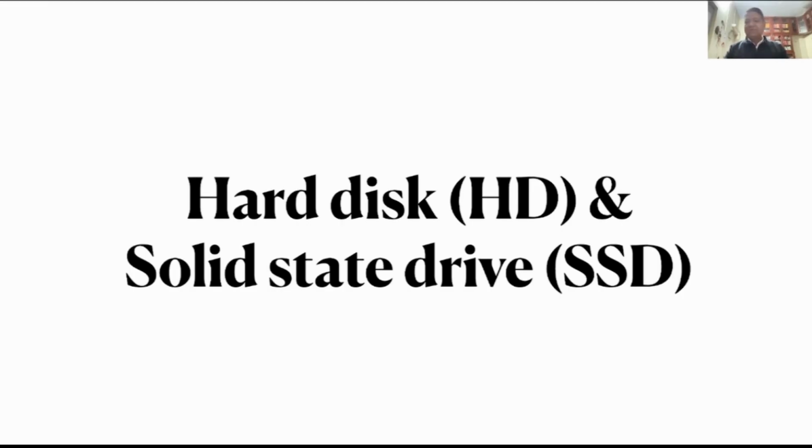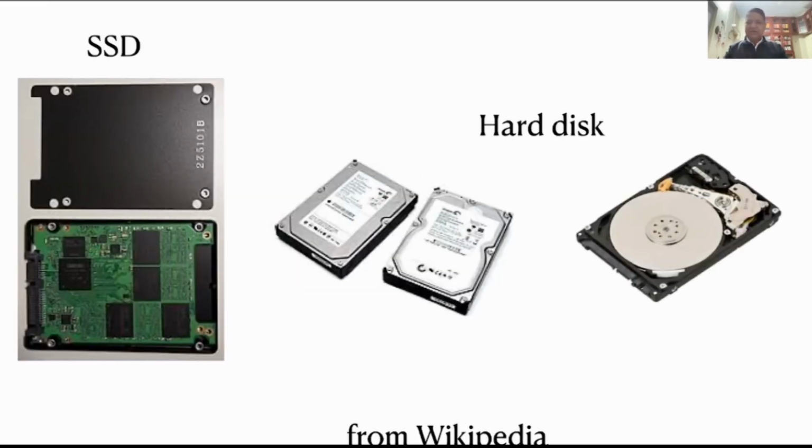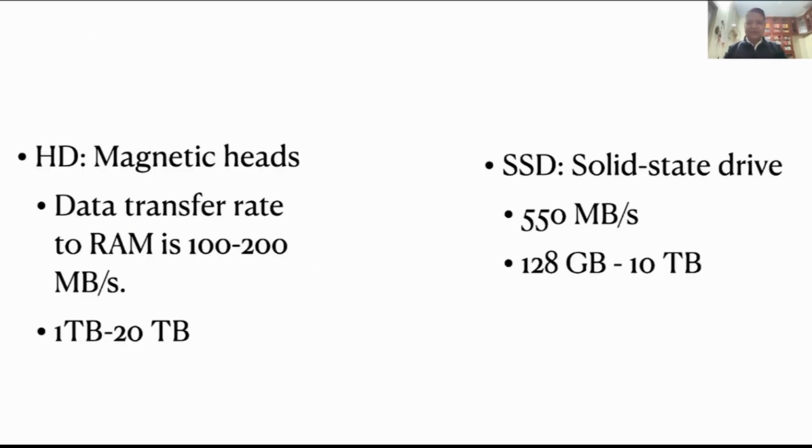So let's look at the typical capacity of these devices, but please keep in mind that these devices are slower than RAM. So there are two types, as I said: SSD, solid state drives, and hard disks. These pictures are taken from Wikipedia, these solid state drives.